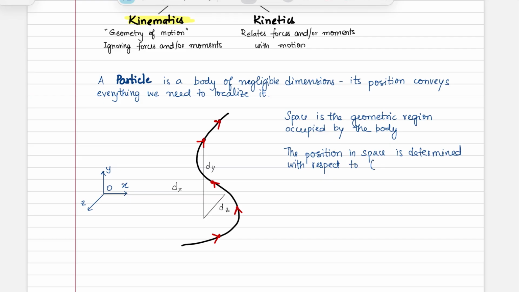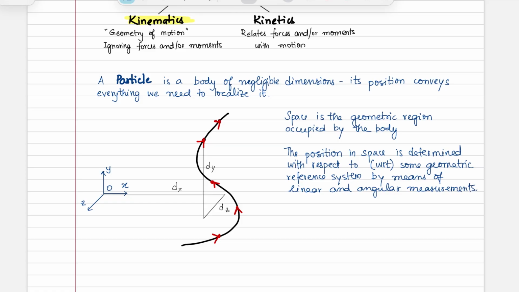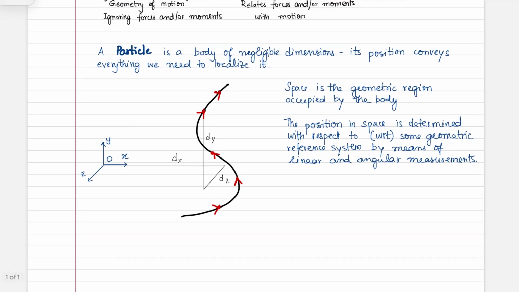So with respect to, I might sometimes abbreviate to WRT, with respect to some geometric reference system by means of linear and angular measurements. Okay, and so at the moment, we only talk about it as distances,